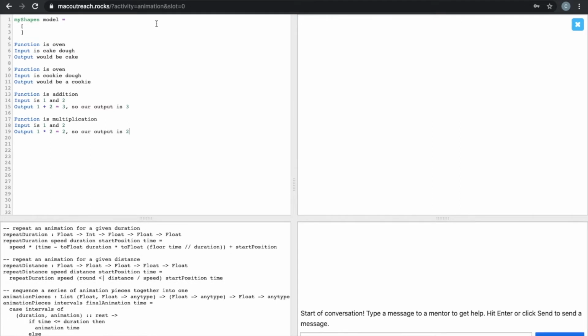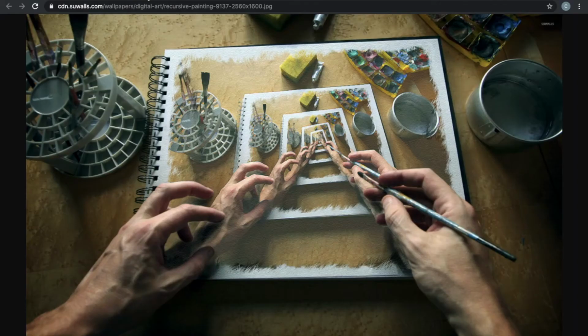Okay, so that might have been a little bit abstract and maybe even a little bit confusing. So let's go ahead and see a real-life example of this. As you can see here, we have a painting where a giant hand paints another painting. But inside that painting is an even smaller hand that paints an even smaller painting, of an even smaller hand